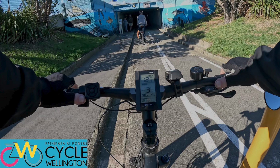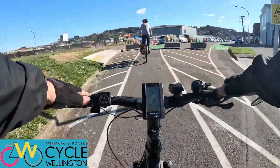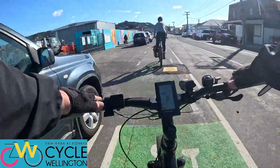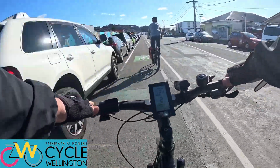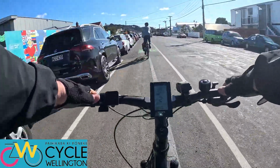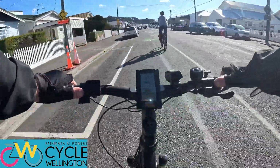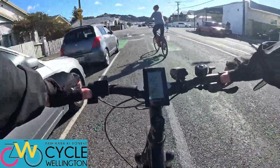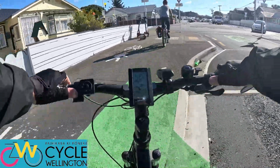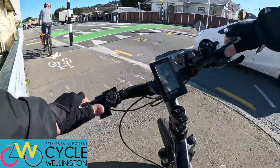All right, we're just going to turn around here and head back out to see the rest of the new Kilbirnie bike lanes. Again, stay well away from the door zone when we're using these paint-on bike lanes. Now, to get us through the roundabout, there's a short section of shared path here. We're going to go around the corner onto Tirangi Rd, back into the bike lane,